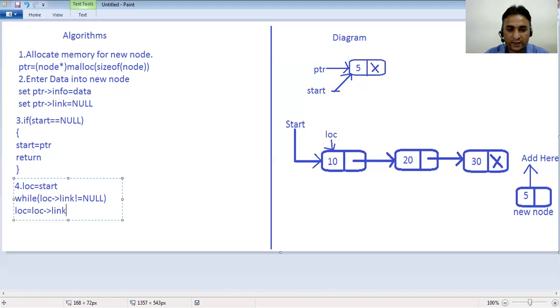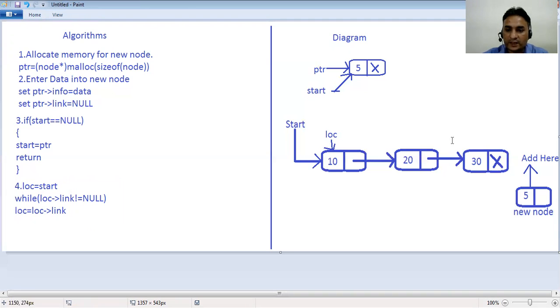It will work as a counter. After completing this loop, loc will be at the last node. So we will see in the diagram here, loc will reach the last position.